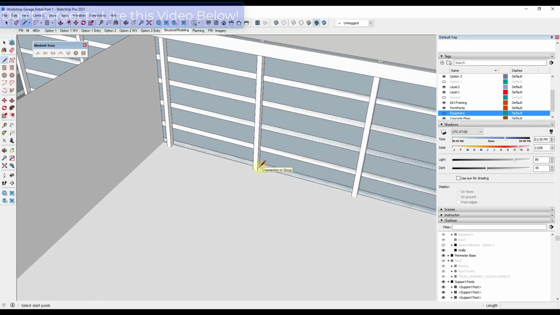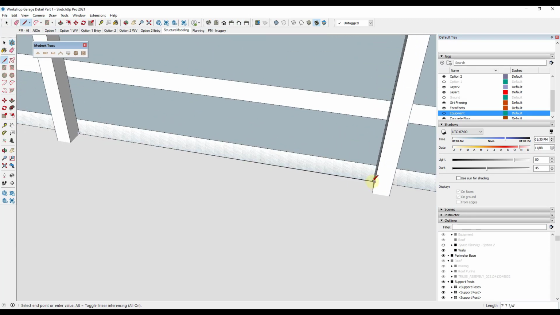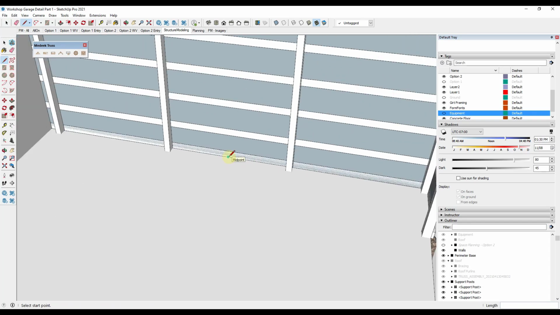And so what I'm going to do in this case is I'm just going to rough out the location of my window right here. And so I'm assuming I'm going to have a 4 foot by 4 foot window in here. So I'm just going to draw a 2 foot edge right here. I'm going to draw a 2 foot edge right here. And then